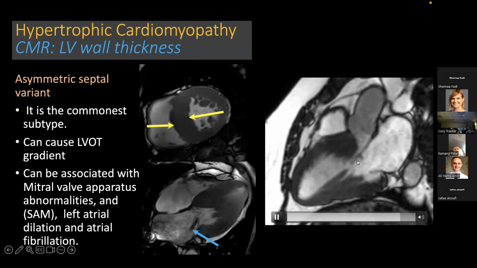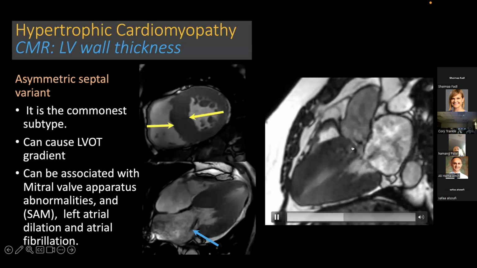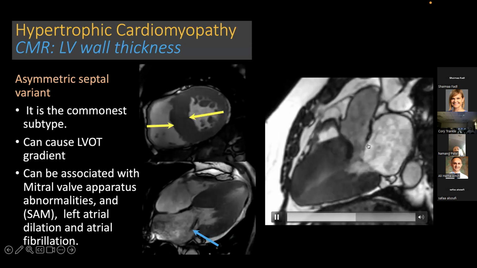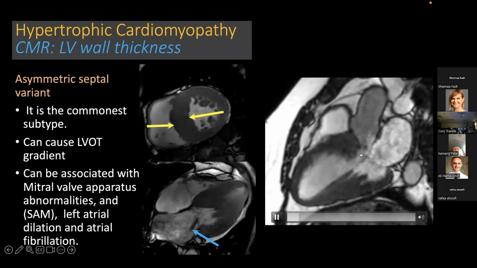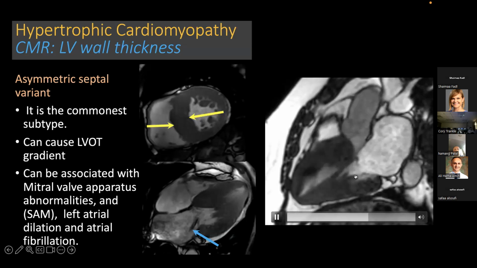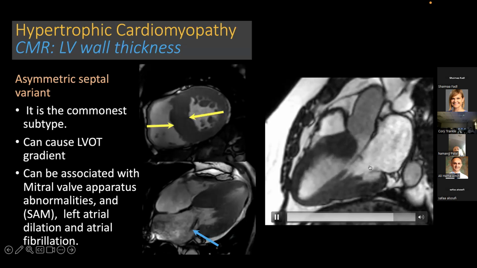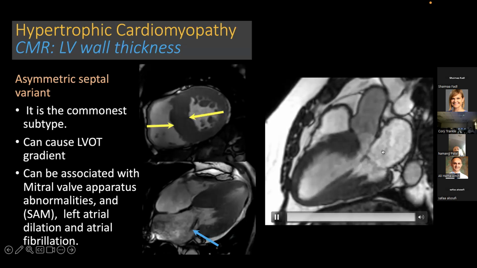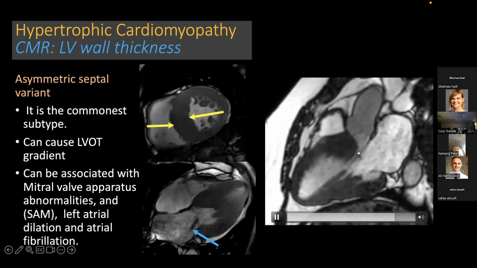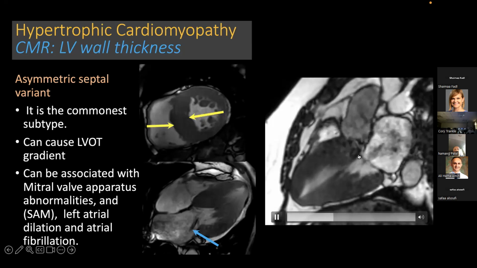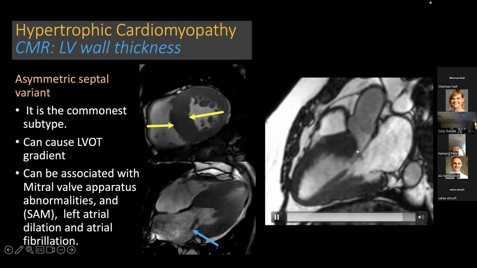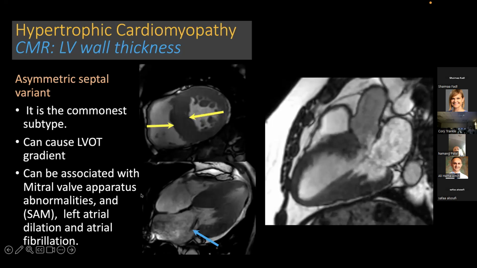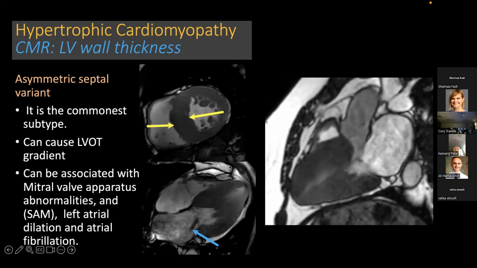You can see in this patient with the 3-chamber cine image acceleration of the flow through the LVOT, with subsequent anterior tethering of the anterior leaflet of the mitral valve and opening of the mitral valve during systole with subsequent mitral valve regurgitation, what we call SAM, systolic anterior motion of the mitral valve leaflet. So this patient had narrowing of the LVOT, SAM, and mitral regurgitation associated with the asymmetric septal hypertrophy of